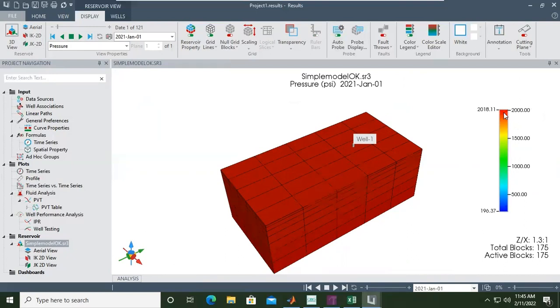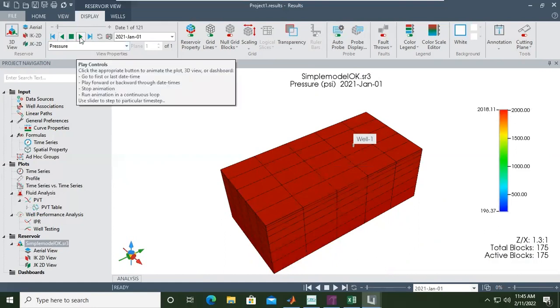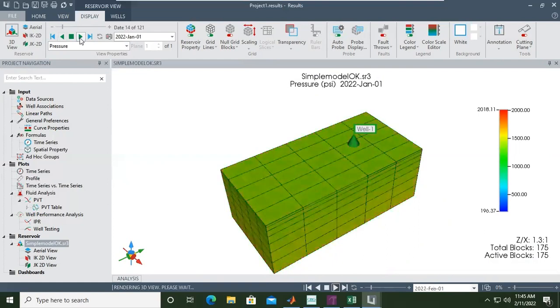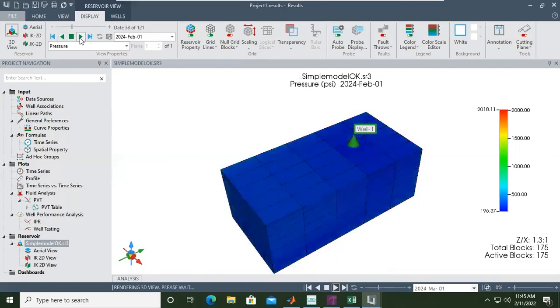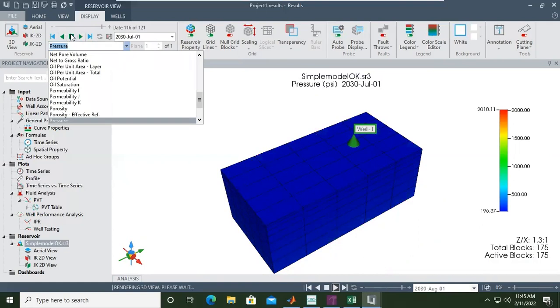So we are now in red color. It means the pressure is close to 2000. But as we produce the oil, the reservoir pressure will decrease down to 500 psi. And stop.